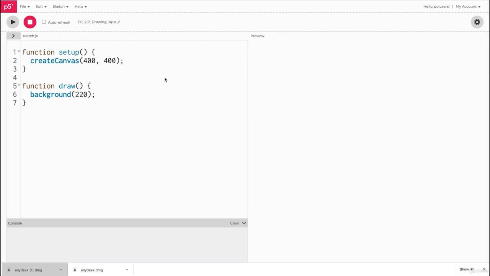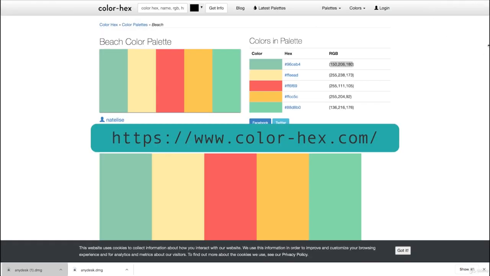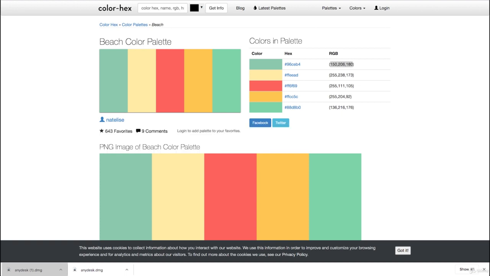And the first thing that we're going to do is make a simple paint application like the one we've done many times before with the color scheme that we want. So for this video, I'm using this palette that I found on a website colorhex.com as a reference. The link to this is in the description below as well. You can go here and check out color palettes that you like, or you can just make up your own. So I'm going to start with this, and I want the background of my paint application to be this green